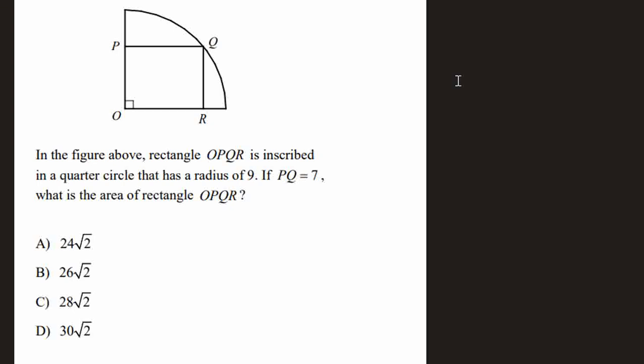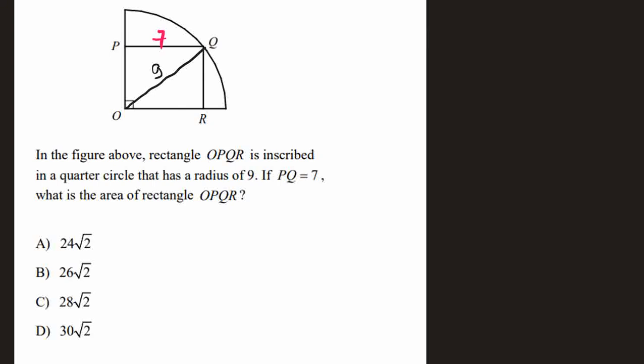The information that we get is that the radius is 9. This is the radius of the quarter circle. PQ is 7. What is the area of the rectangle